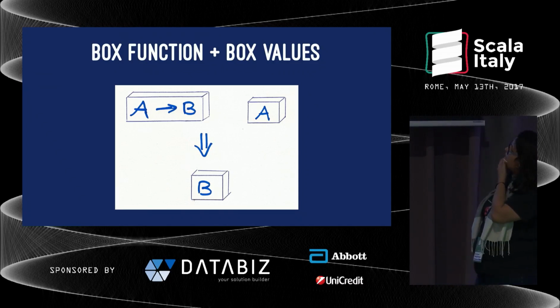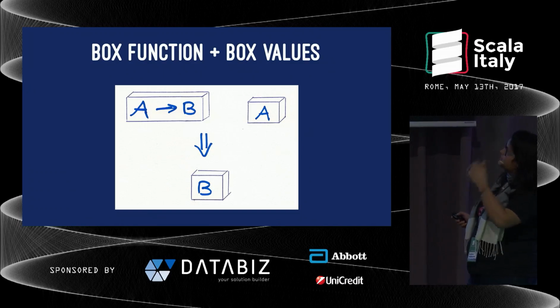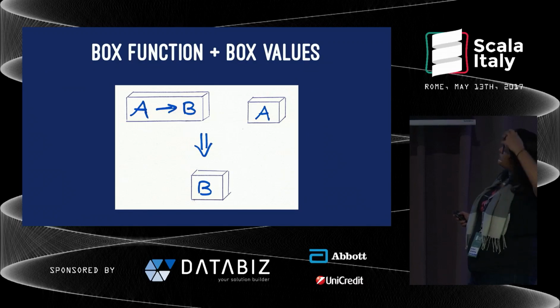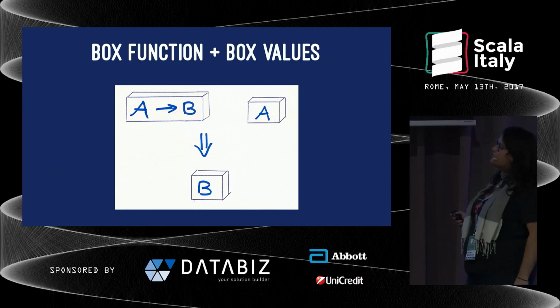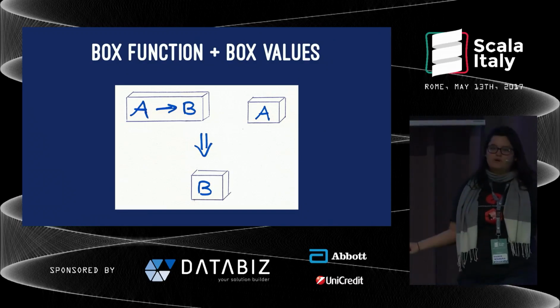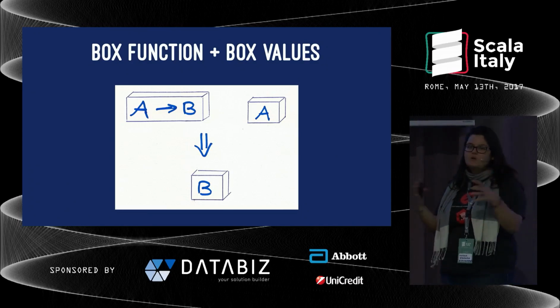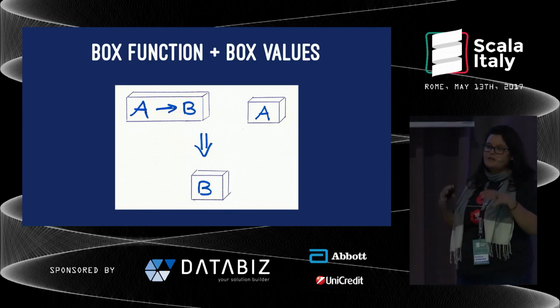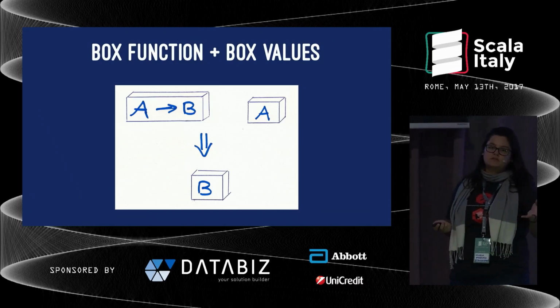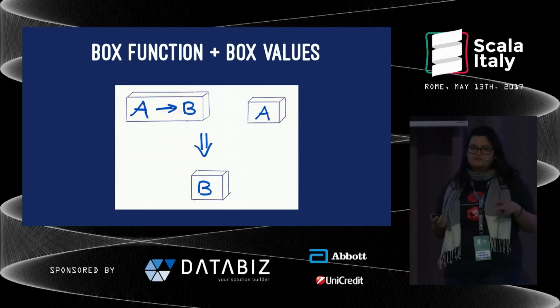So what if you have this scenario where you have a function in a box and you have a value? With the operations that we have so far, there isn't much you can do, because all you can do really is just open a box. So what you need to do is to first open all the boxes, then somehow combine the data together, and then put them in a new box, right? So we need to add something more. Functors is not enough anymore.